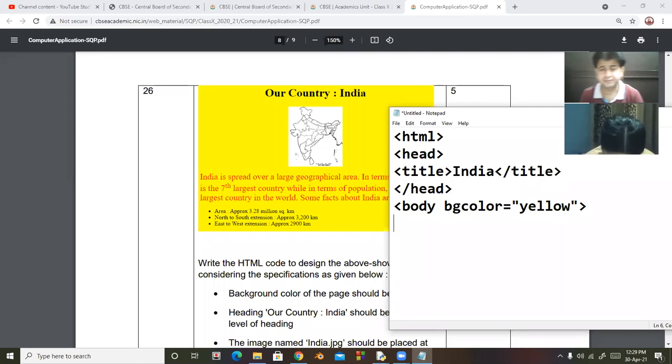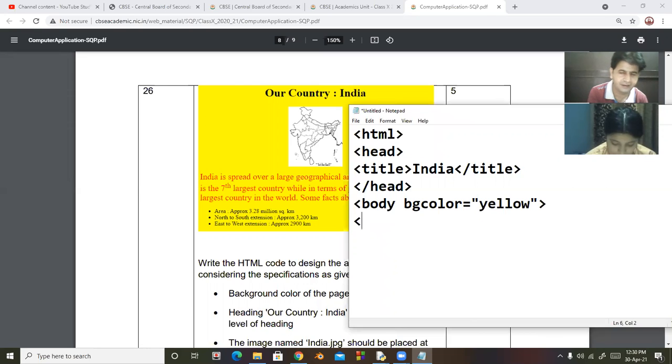Next, after that, there is a heading of level 1. So look at here in the guide, there is a heading, our country India should be in first level of heading. So here is H1, because it is center aligned.